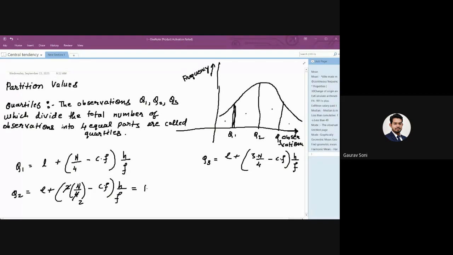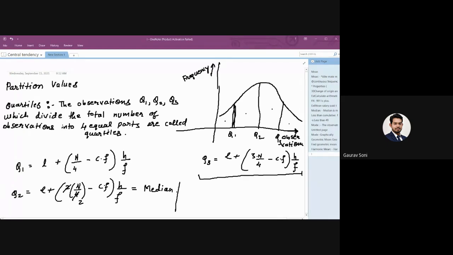This is Q3, right? Yes, sir. So with the rough idea of quartiles,